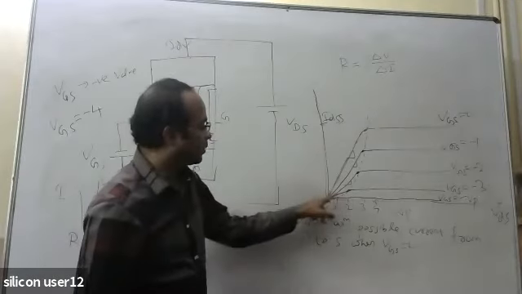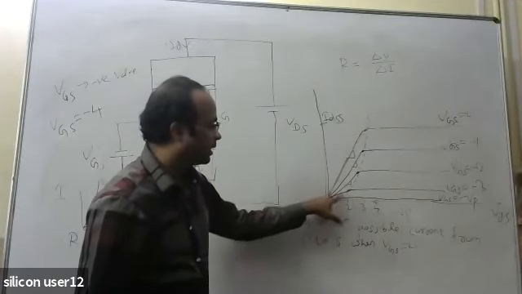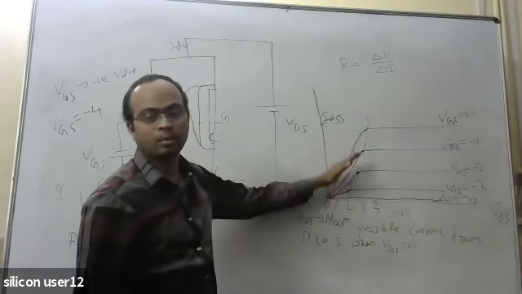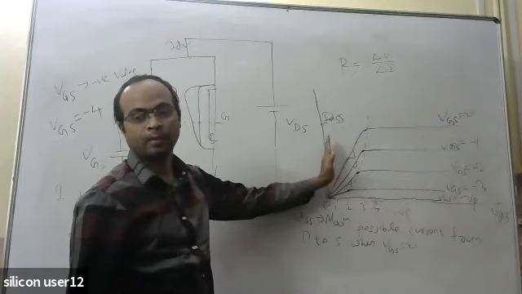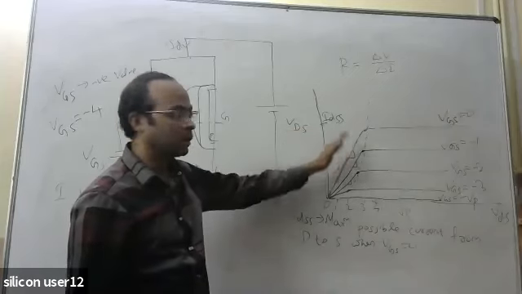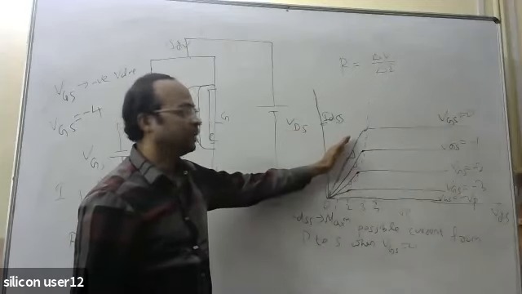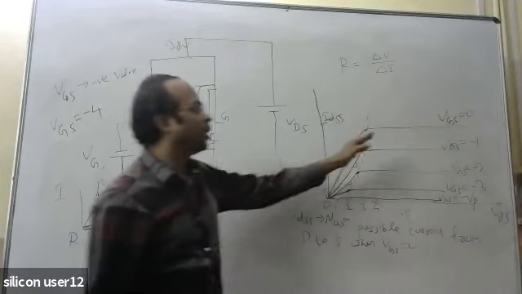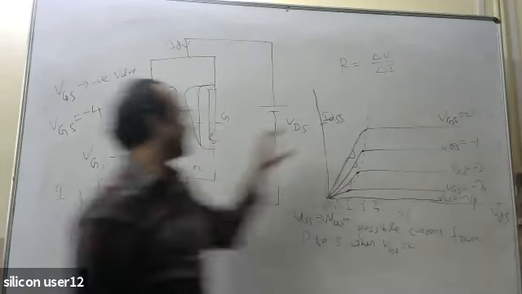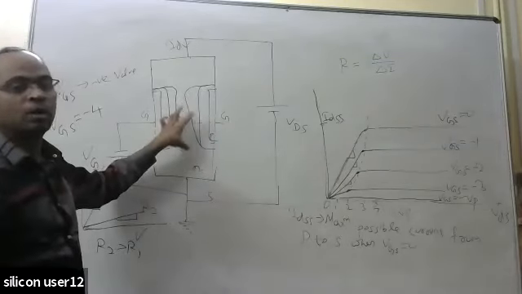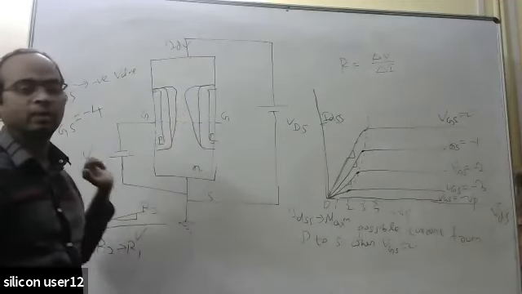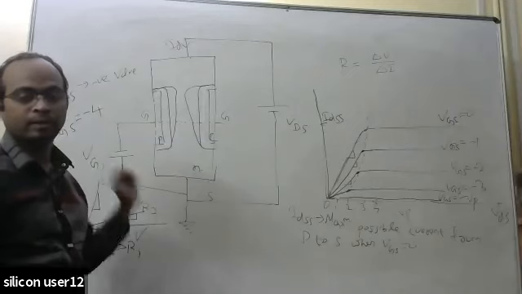So what you are finding out for this last one here, this is most nearly horizontal, but here this one is nearly vertical. That means here resistance is less and here resistance is more. So what I can conclude is that I can change the resistance of the particular device by changing the gate voltage. This JFET can be used to obtain different resistances by applying different gate voltage. That is my point.